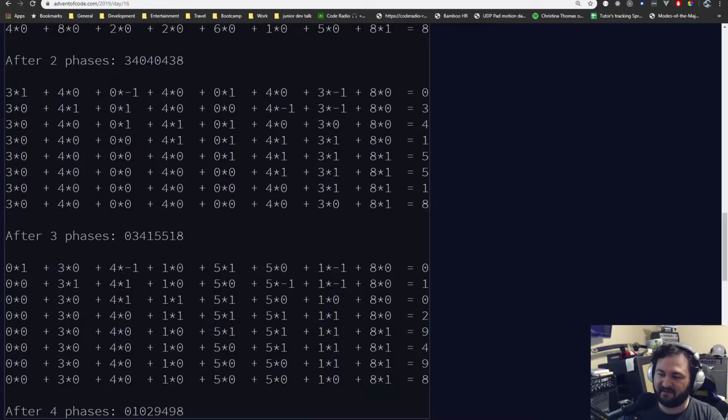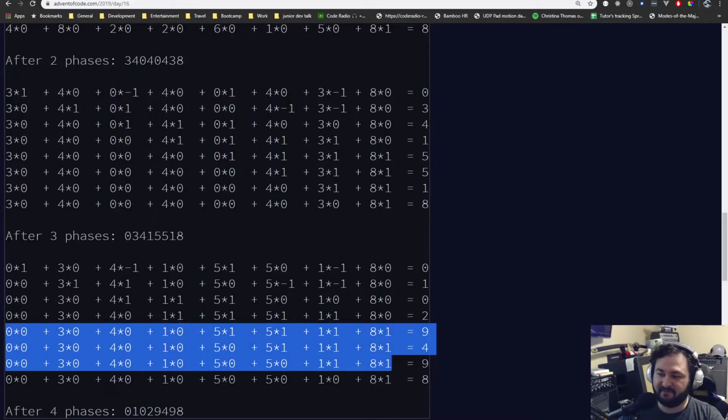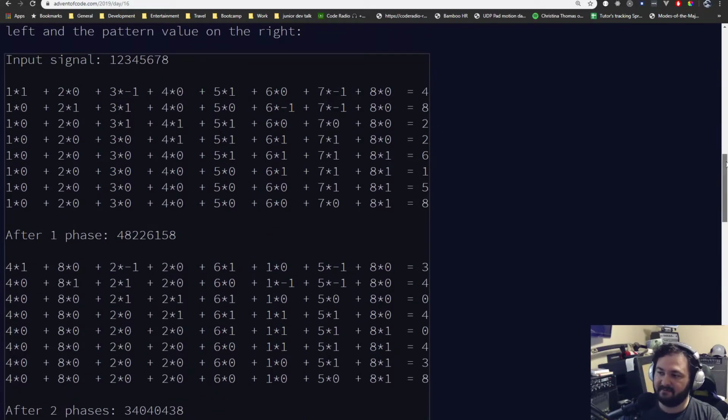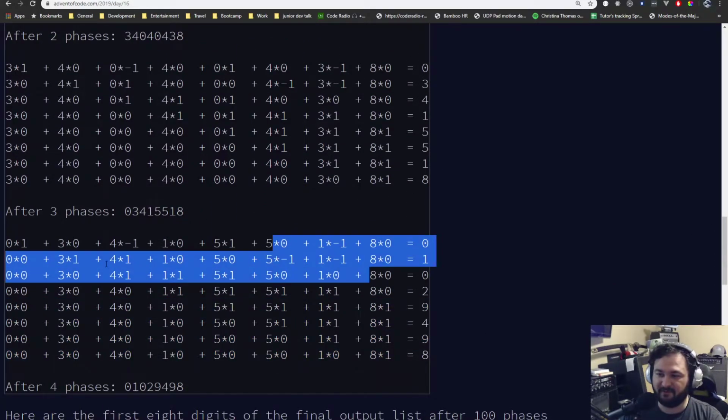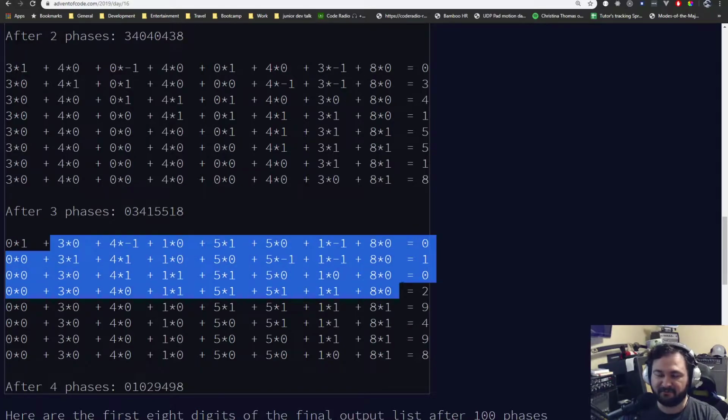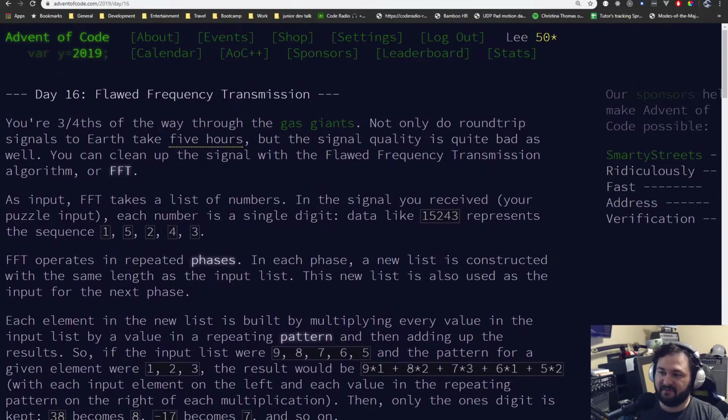So you're going to start with 8, and then 8 plus 1 is 9. 9 plus 5 is 14. That gives you the 4. 14 plus 5 is 19, so that gives you the 9. And if you're only working with the second half of the series of numbers, that's all you have to do to calculate each number for each place. And I was trying to do like the second half plus the first half and trying to find some crazy pattern that would work for the first half of numbers.